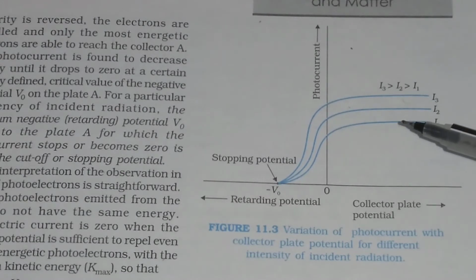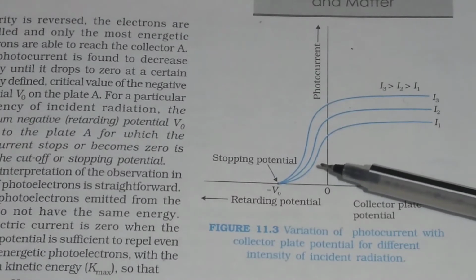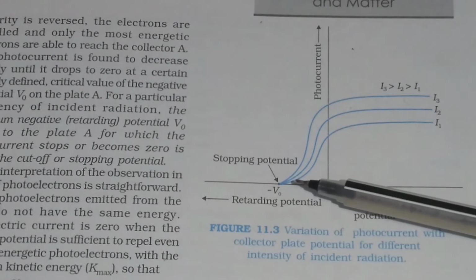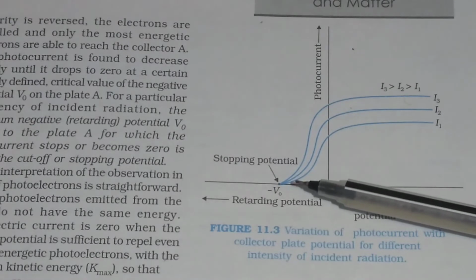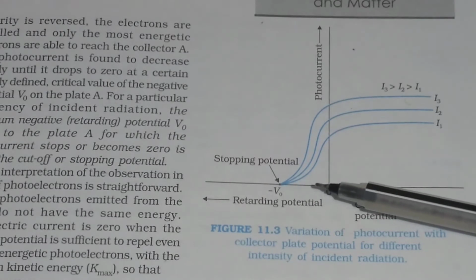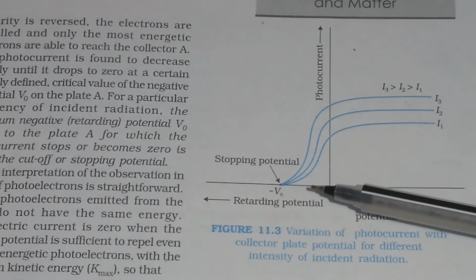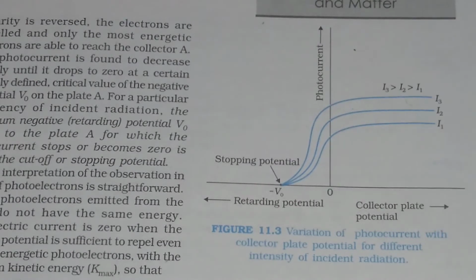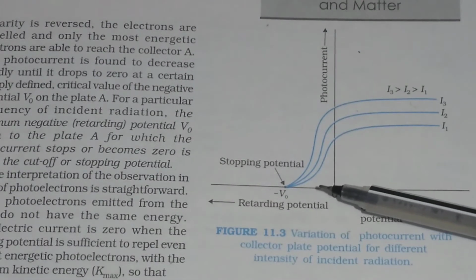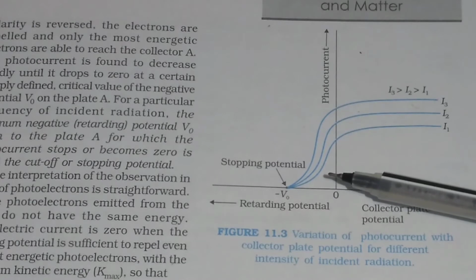The photoelectric current decreases rapidly and drops to zero. You see in this figure how the photoelectric current decreases rapidly and falls to zero with increase in retarding potential. If you connect the cathode with the negative terminal of the battery and the anode with the positive terminal of the battery, you will get accelerating potential. But if you connect the cathode to positive and the anode to negative, then you will get a retarding potential.